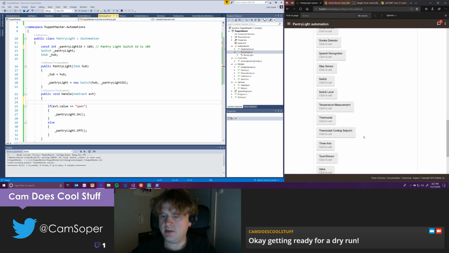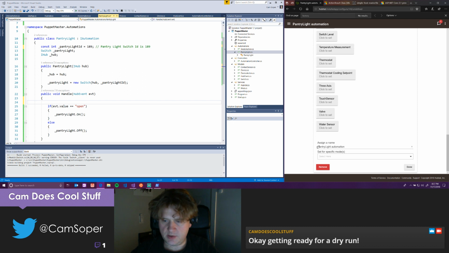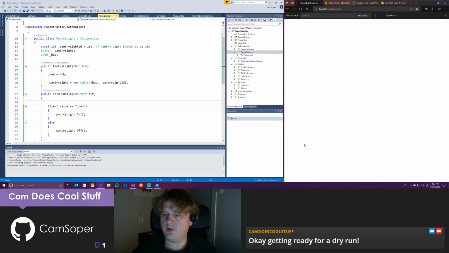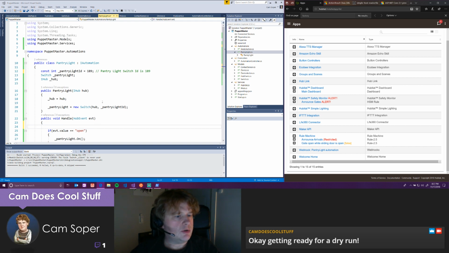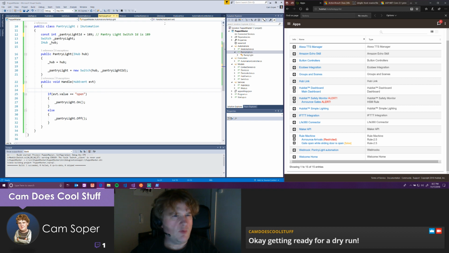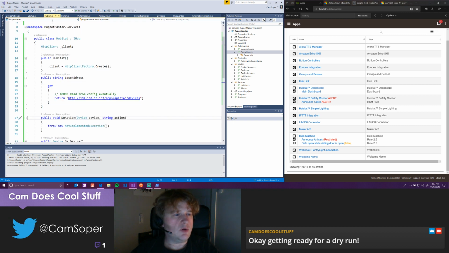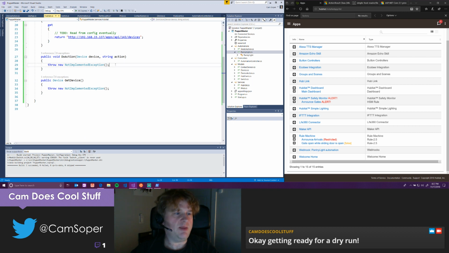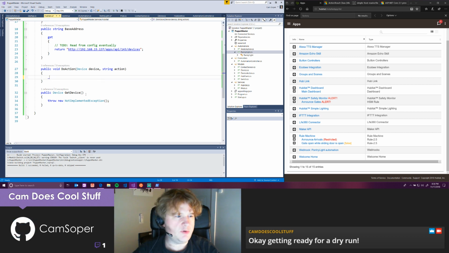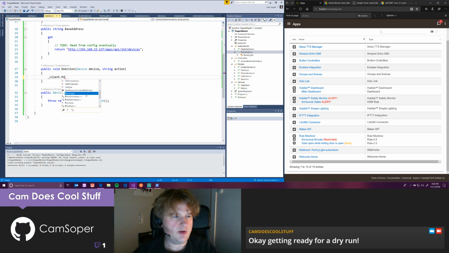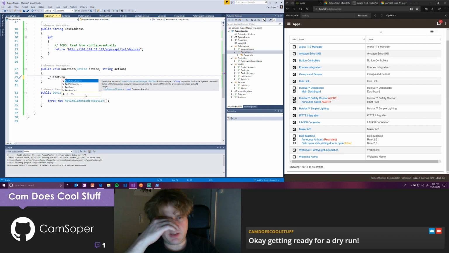Actually, just so they're all in one place, I'm going to standardize calling them webhook: pantry light automation. There we go. Okay. So the only thing we need to figure out at this point is how we're going to implement the doAction method, which we have an HTTP client, so we should be able to just client.postAsync